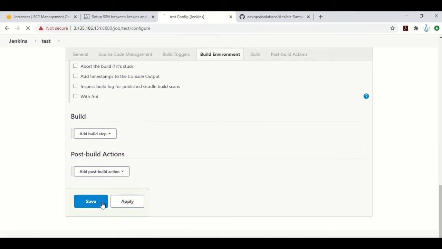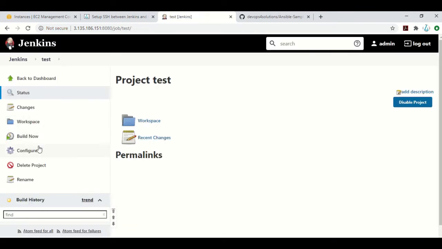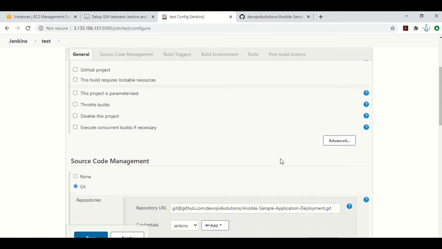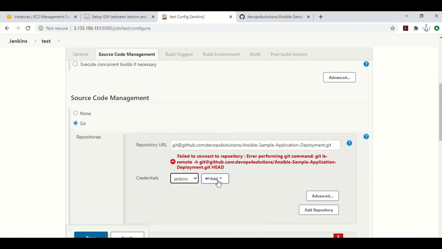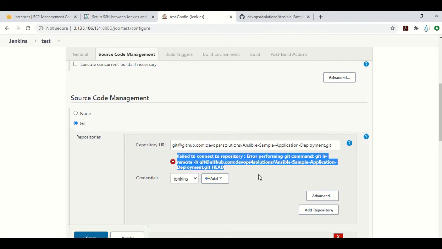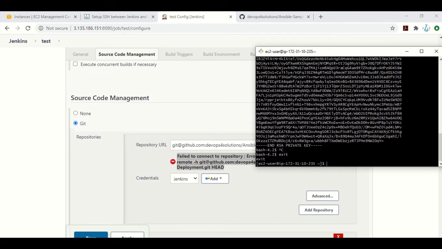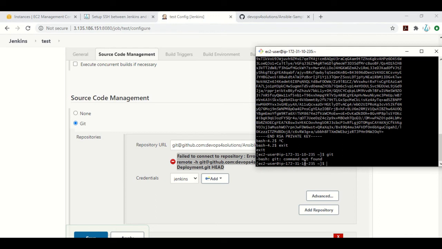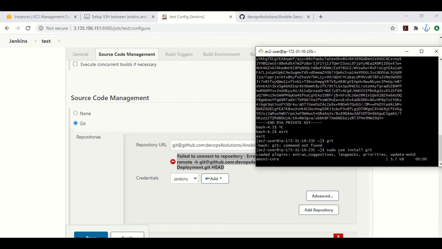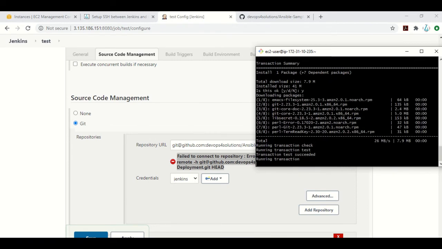Okay. Let me just see. Yes. So you are getting this error now. You don't need to provide these credentials also, but it automatically takes. Why are you getting this error? You are getting this error because on this system Git is not installed. So if I just exit, if you see, Git is not there. That is the reason you are getting this error. It is very difficult to find why we are getting this error. So let me just install it, sudo yum install git.